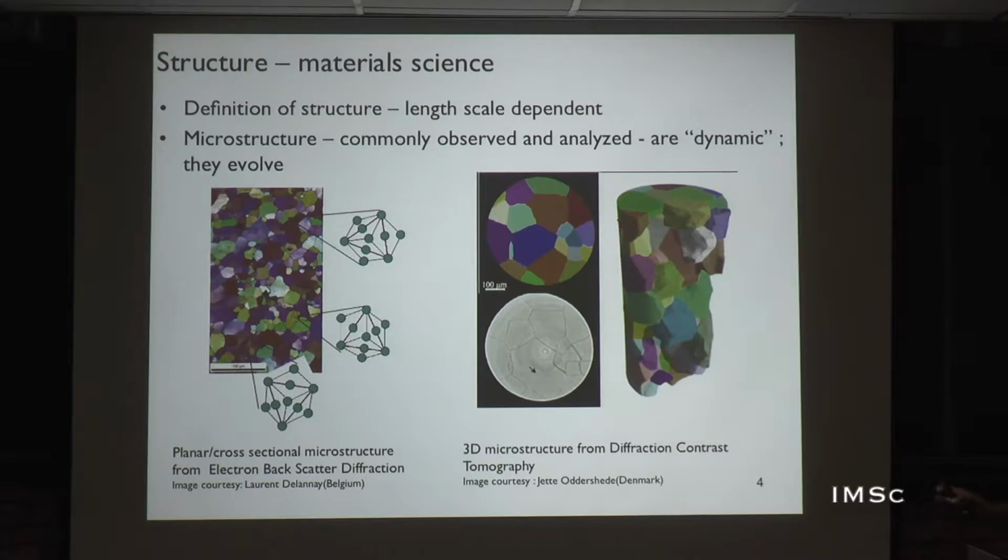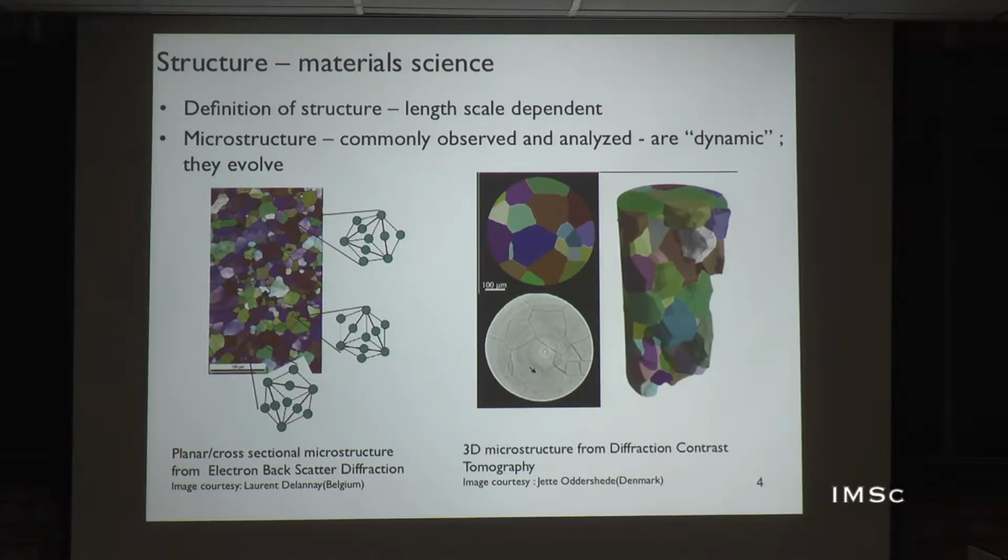Just to be clear, when I say structure of the materials, it's what we call a microstructure. This is a very colorful image obtained from electron backscatter diffraction. The point being here, each of these are individual crystals and they have different orientations. Each color represents the same orientation, let us say. Traditionally metallurgists relied on 2D planar cross sections that you cut. Of late you are now in a position to get in situ 3D microstructures from synchrotrons,